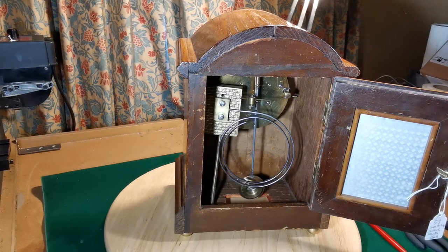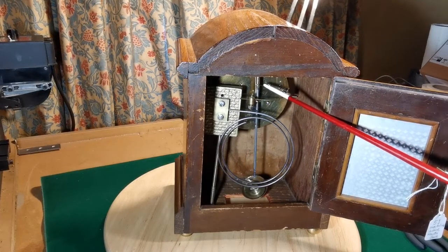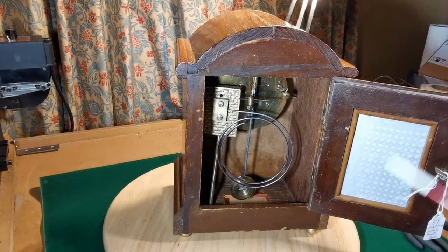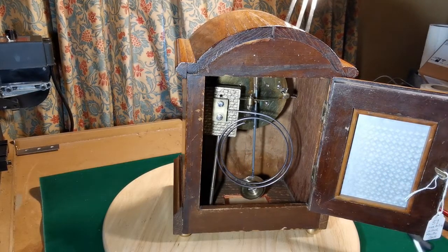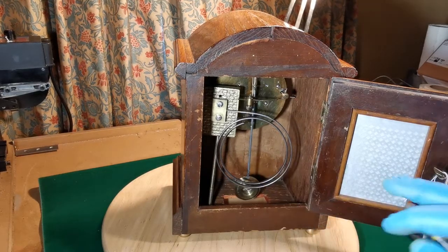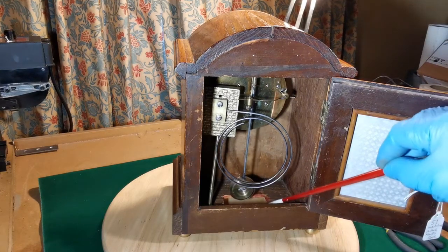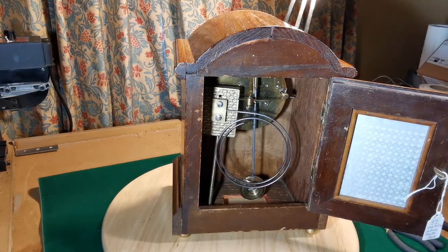The problem of adjusting the pendulum to get it so that the clock will keep more accurate time is quite a difficult one to overcome, because to fit the clock's pendulum back onto the pendulum spring, which is up here at the top here, there's a little hook on the pendulum rod which hooks onto the pendulum spring there. It requires quite a lot of dexterity. You need to have pliers like this to be able to lift that up and drop it on, and you have to tilt the clock over so that you can see what you're doing. You have to use the space at the bottom here to get the pendulum into the clock, and when you've done that,